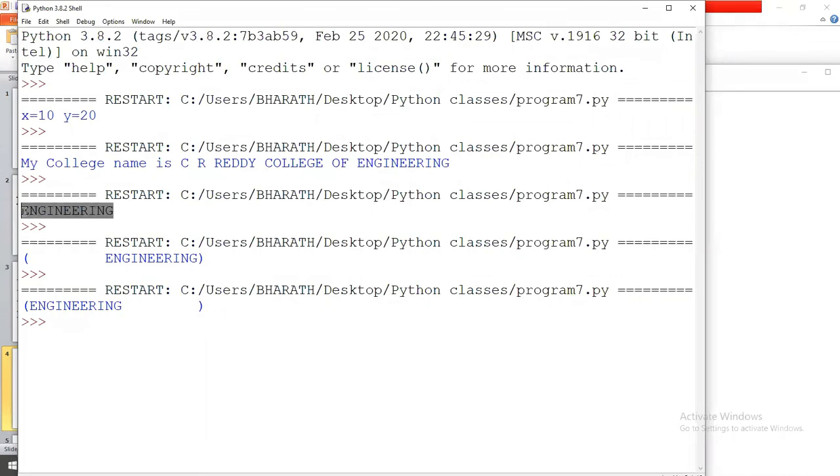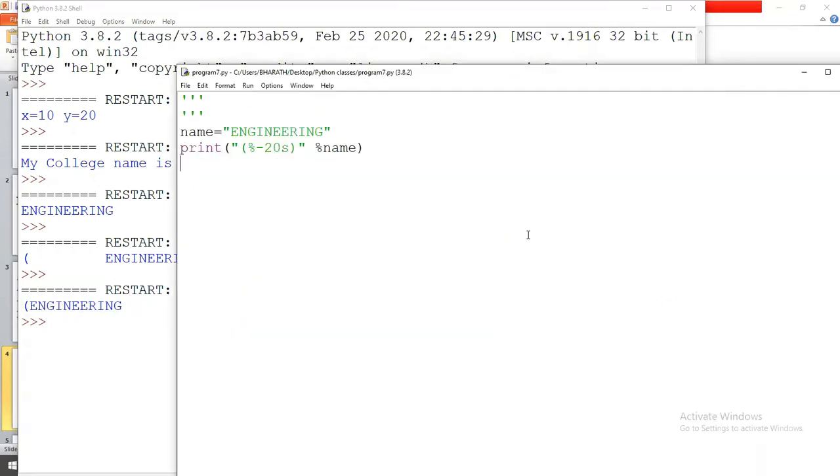Next, I want to format the data in 20 spaces, where these are the empty spaces, and print engineering from the left side, so I use minus 20s. That means when we use %20s, it allots 20 spaces and the string is displayed right aligned. And if you use %-20s, then the spaces on the left side are removed.